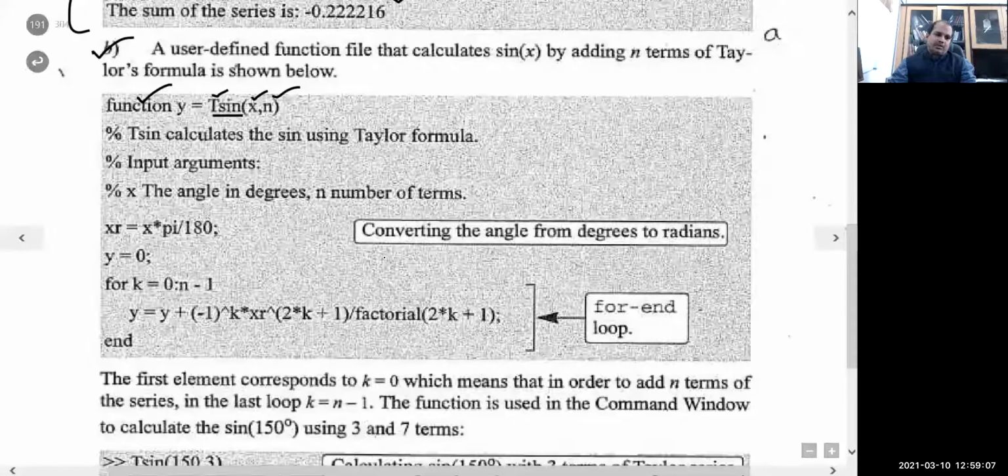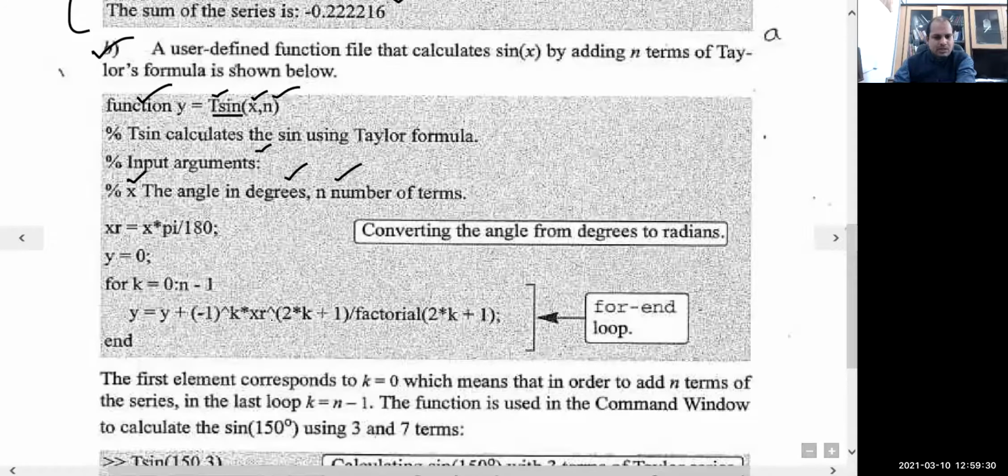These are the comments to just recall what we are going to do. %tsine calculates the sine using the Taylor formula. And this % is for input arguments. x must be entered in degrees. Basically, here we are entering the value of x in degrees, and n is the number of terms.